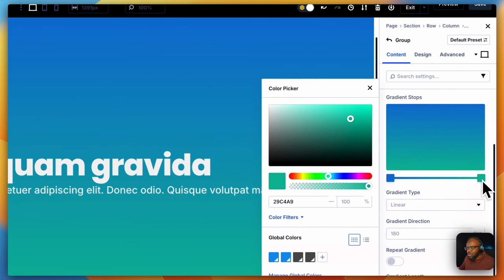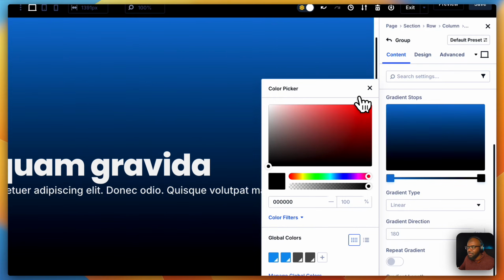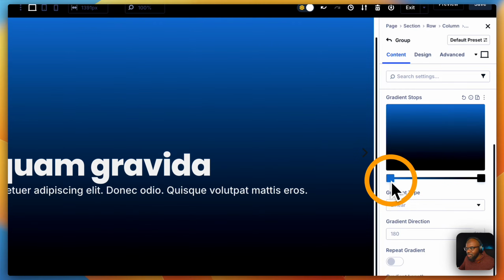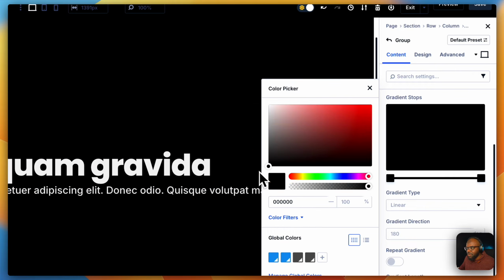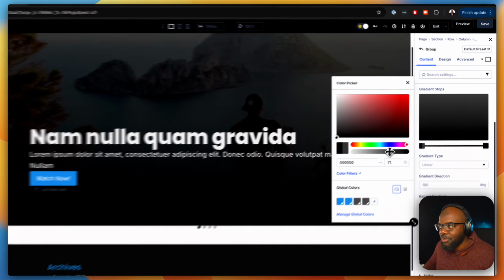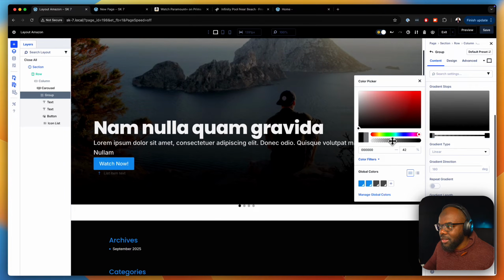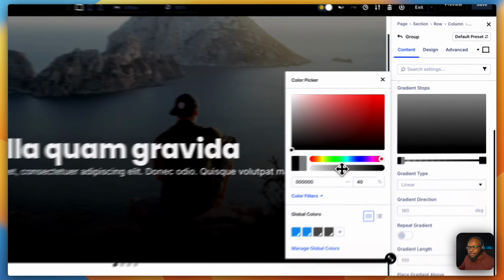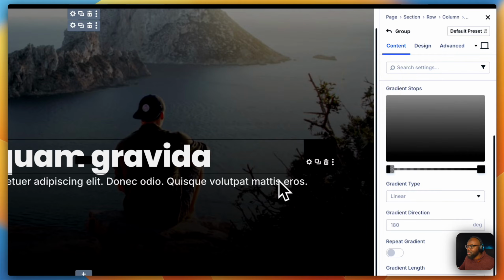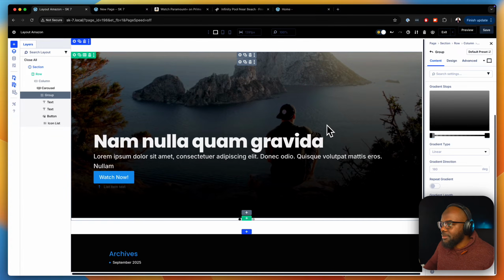So first of all, I'm going to come to this color right here and drag this all the way to black, like that. Okay. Move on to the next one, and this is where I'm going to bring it all the way to black, but I want to add this gradient. Now, do you see already this is really starting to look nice because of the gradient? So you can adjust this, however you want, but I think I'm going to start off with this. So with that selected now, I'm going to go one by one into each and every item here and